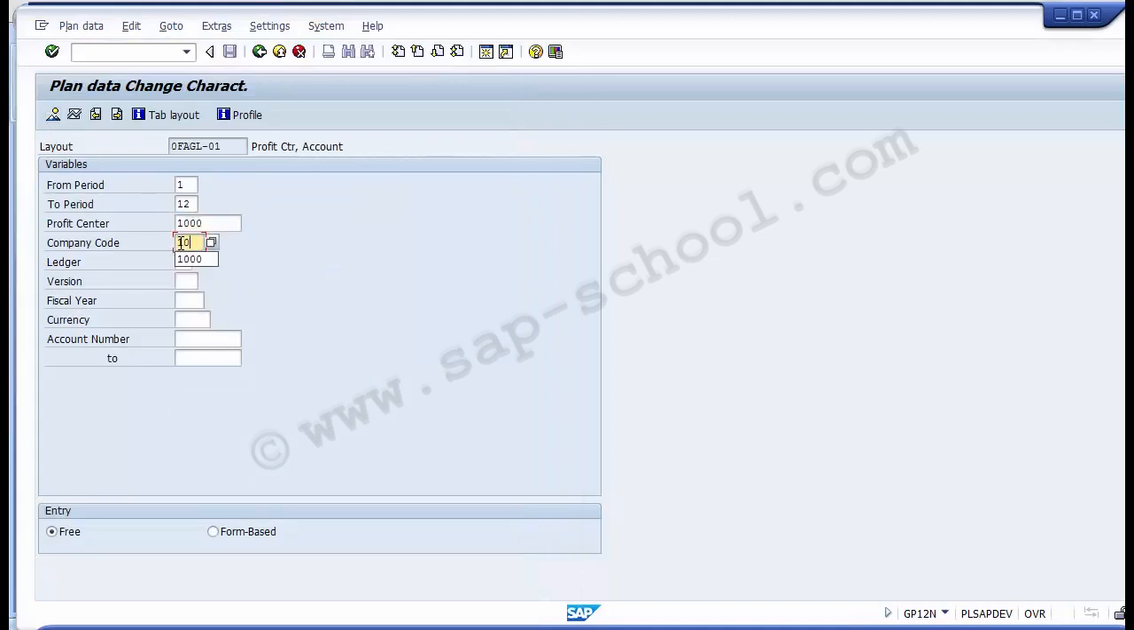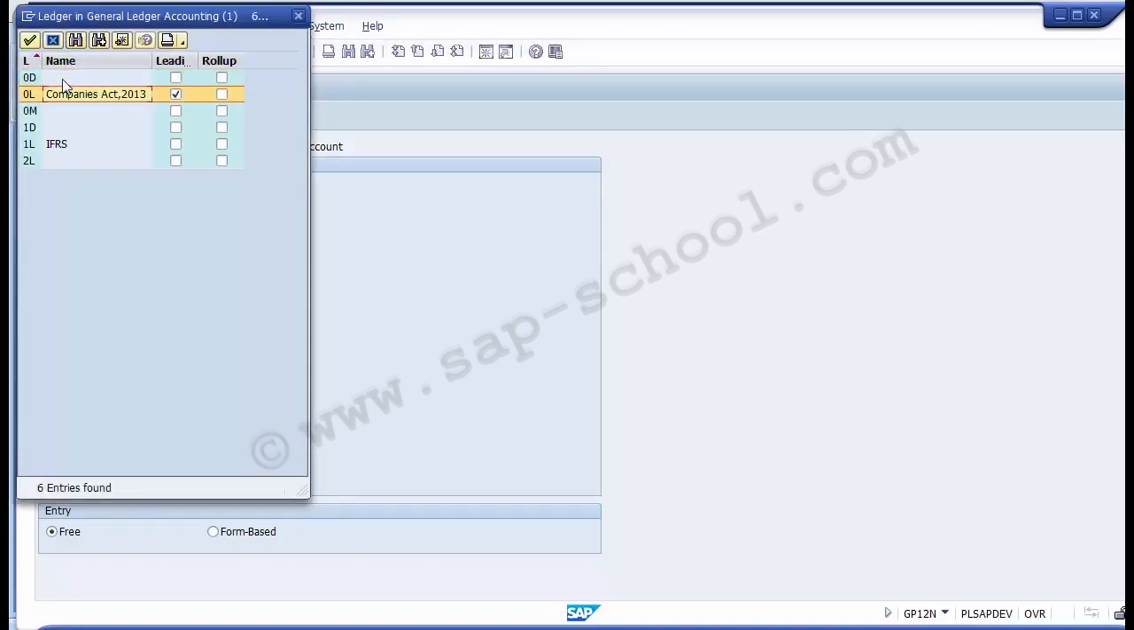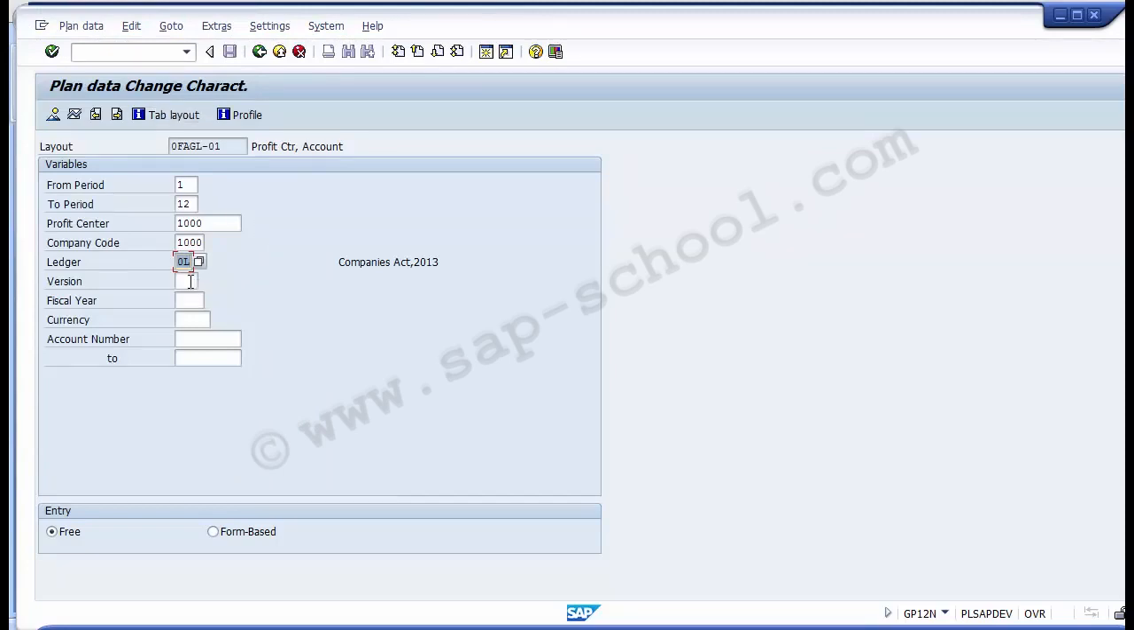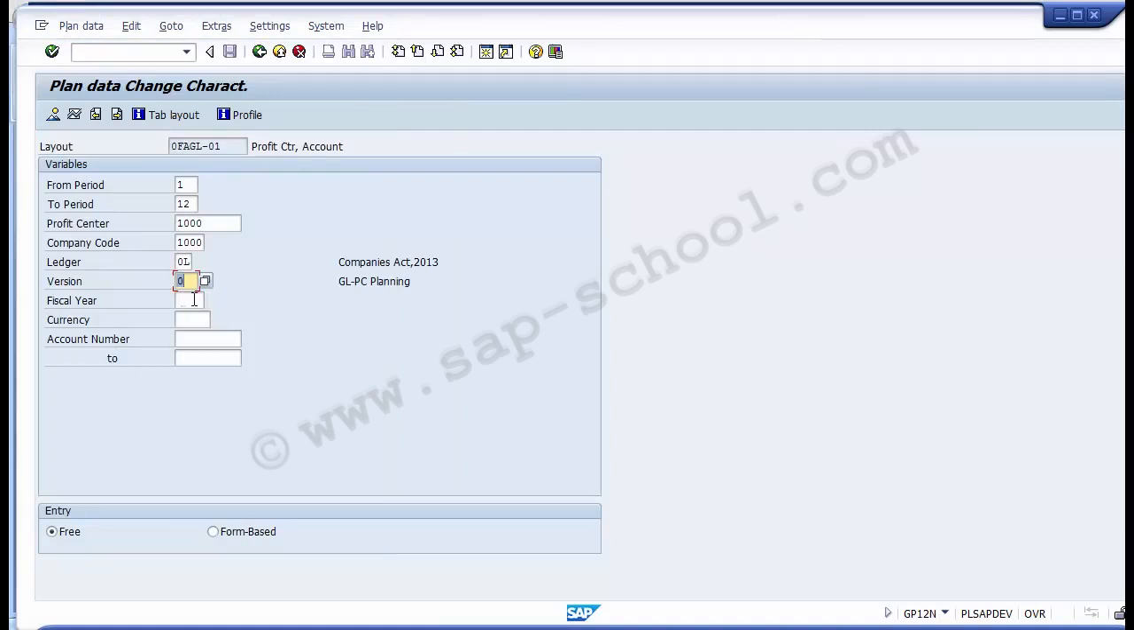The next thing you need to maintain is the company code. Then you need to take up the ledger, which we used while maintaining the plan period and the plan versions, that is the OL. So you can select the ledger from over here. So I took it as OL. Now again the version, if you remember, 0 refers to planning and 1 refers to the standard version. So you need to select the 0 over here. Then we need to take the fiscal year for which we want to maintain this value, and then the currency,